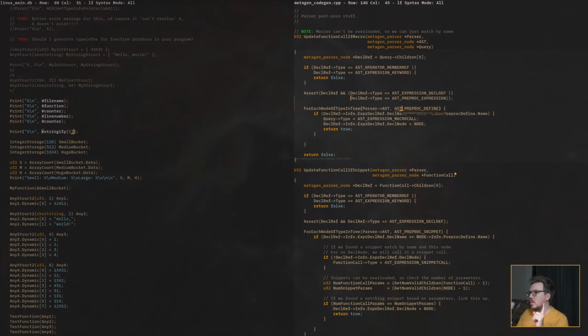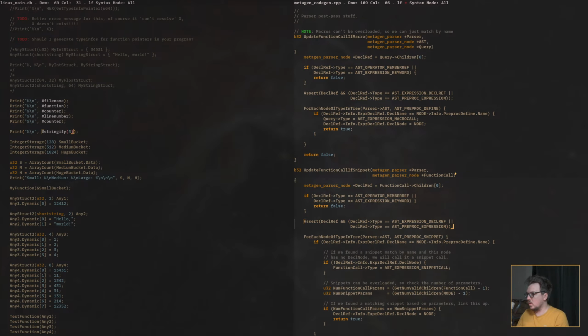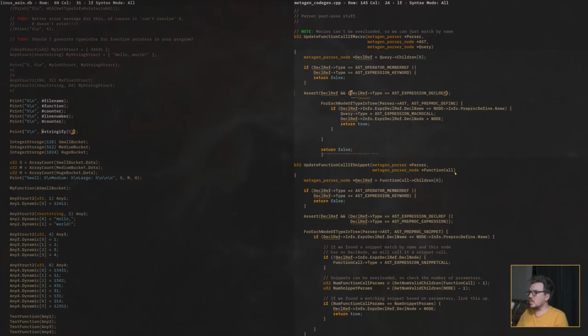But this isn't even the right place because this is not a macro, but I'll do it in both places. This is actually a snippet, so same thing. Actually, no, it's not. This doesn't have to be updated because macros aren't even a thing here, so we can ignore that.